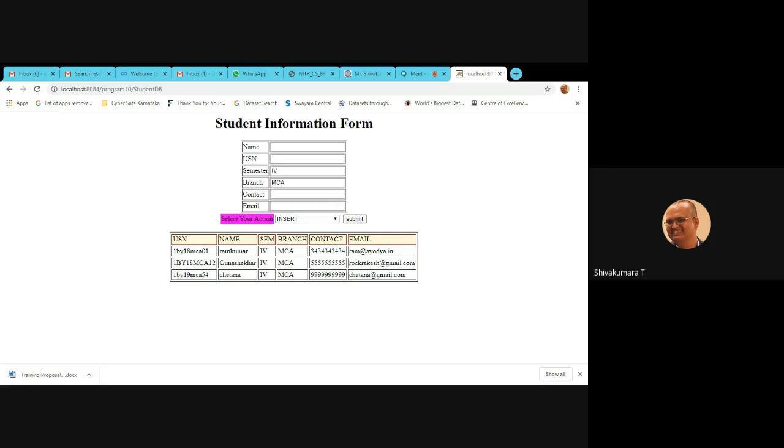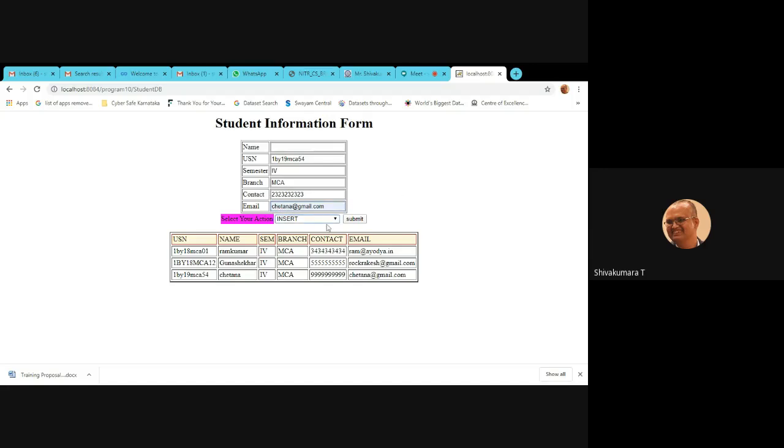Now let us update. I want to change the number of Chetana from all nines to some appropriate number value. So for that I am selecting Chetana's USN. Copy, paste, Chetana USN. Contact number, I am providing some latest phone number with the same email ID.